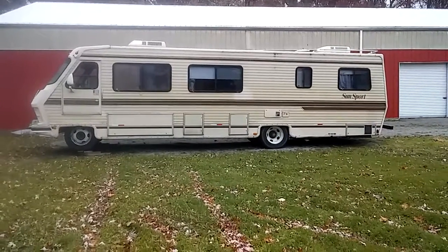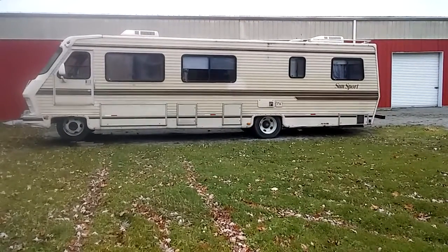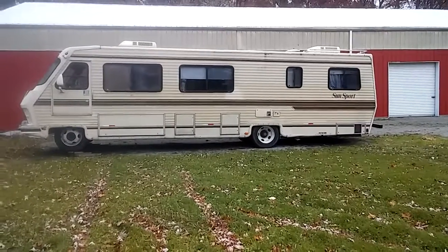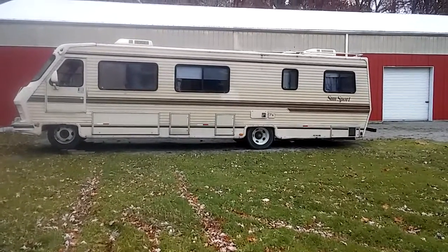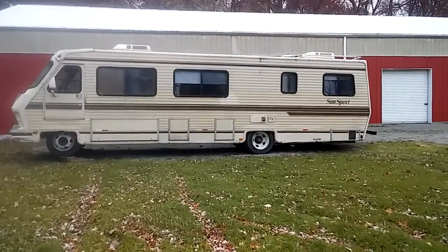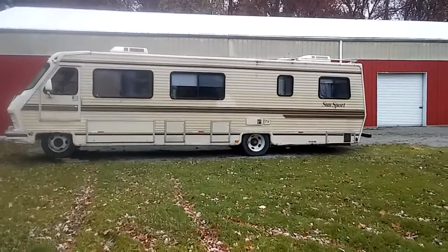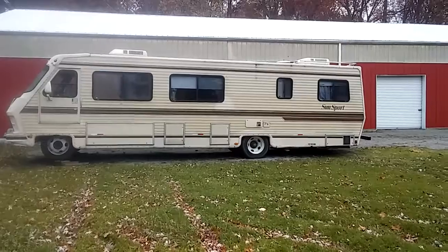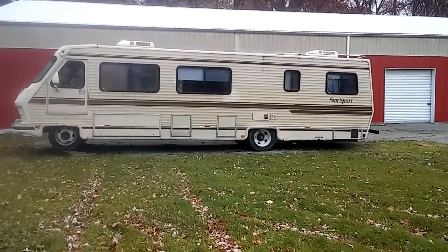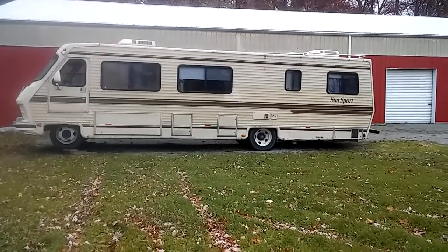Gang, here's a little short video to show you how to save your roof on your RV and save you a ton of money and bother, so that you don't have to repair or replace the roof. And a lot of these older RVs, this is a 1987 Gulfstream Sunsport, and the vast majority of them had